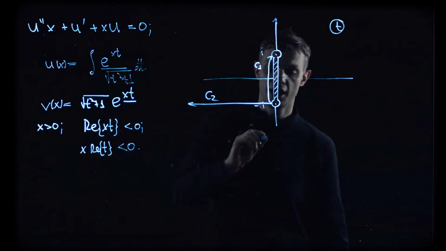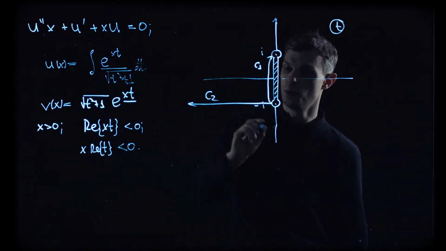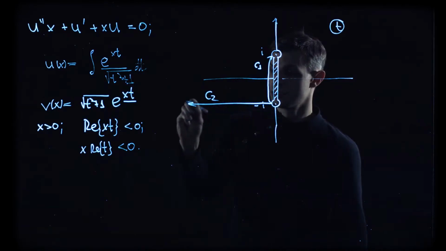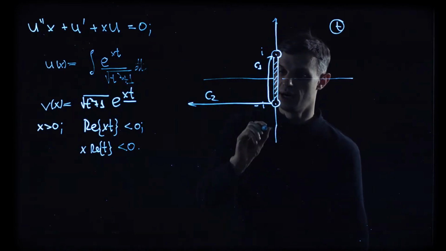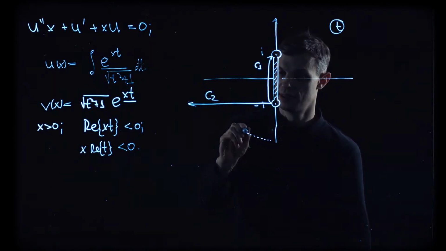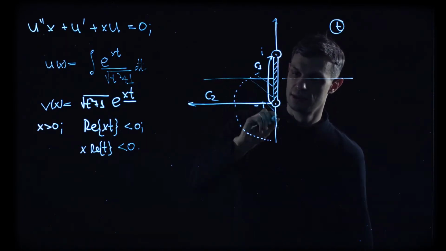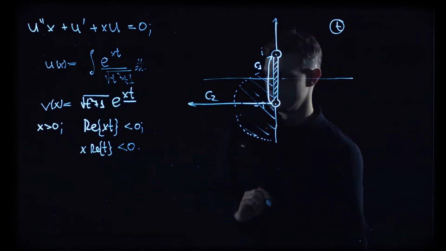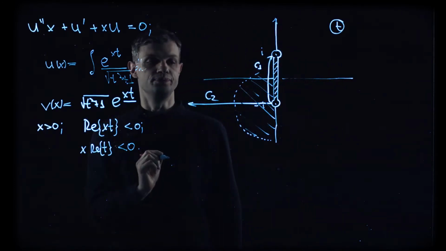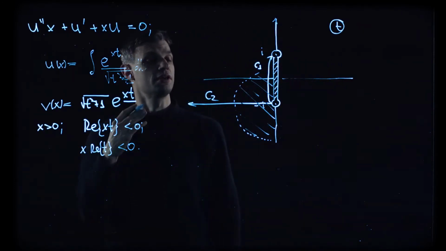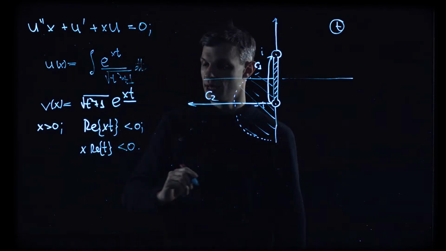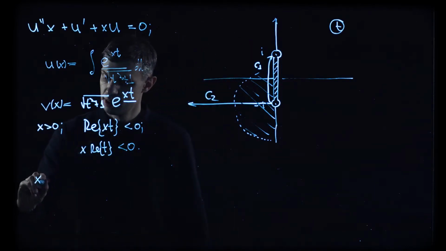So the allowed region in which this contour could flow from this minus i point is this entire left half of the complex plane. Now, we'd like to ask ourselves, what's going to happen to this solution when, for example, x